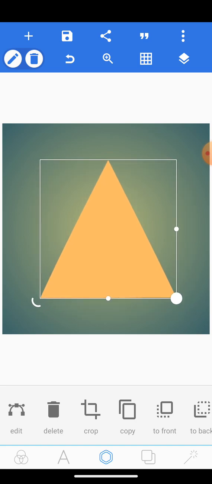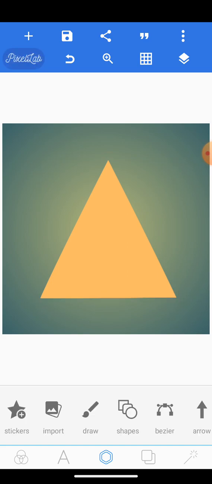So another one that I'm going to be creating is the circle, but I think that the circle has a lot of complex stuff because the edges of the circle are round and not straight like this rectangle, triangle, or square. So if you want to know how to create the circle using your Bezier tool, make sure to watch out for the next tutorial